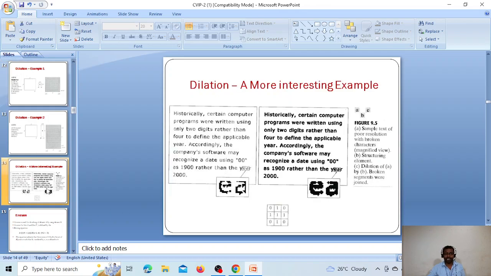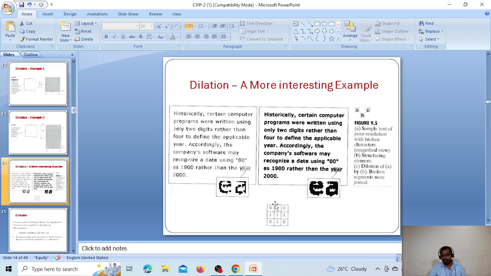Then we can see another example on text. Suppose we take this text, and in this text we take the letters EA. We apply a structuring element like 0, 1, 0, 1, 1, 1, 0, 1, 0. Now the particular EA will become darker like this.